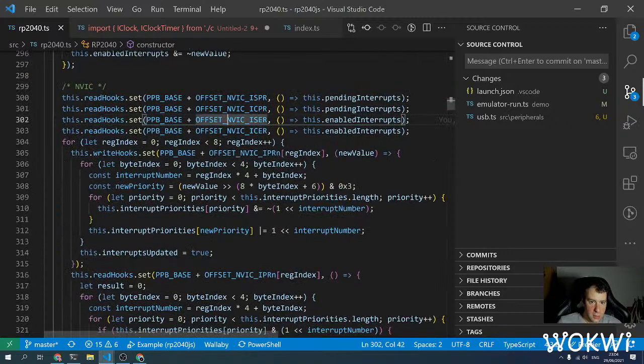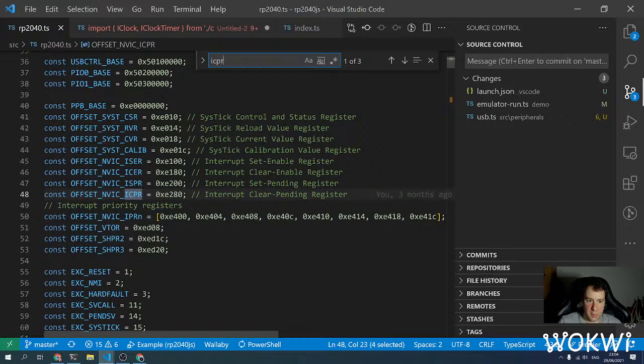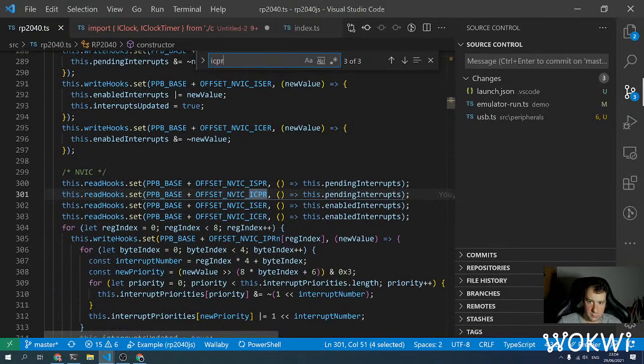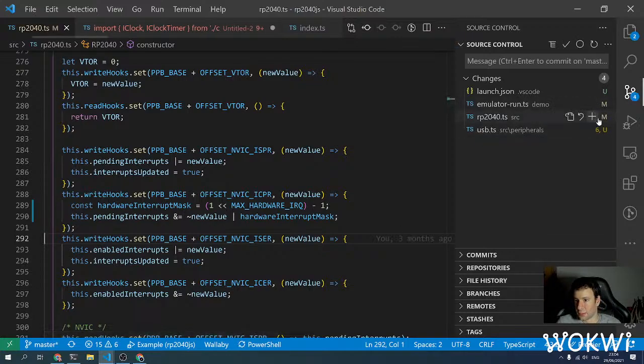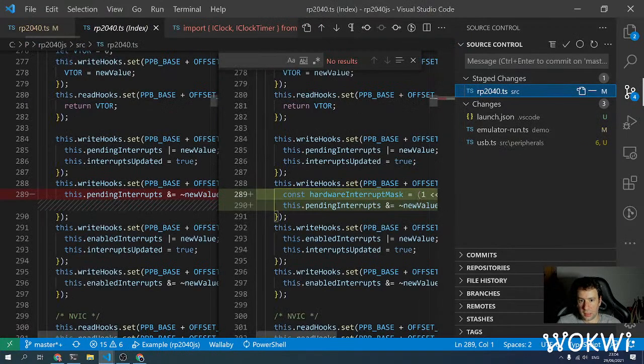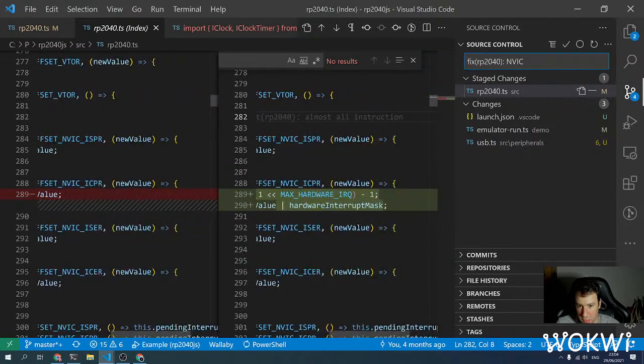That was in ICPR. So, fix RP2040 NVIC, ICPR shouldn't